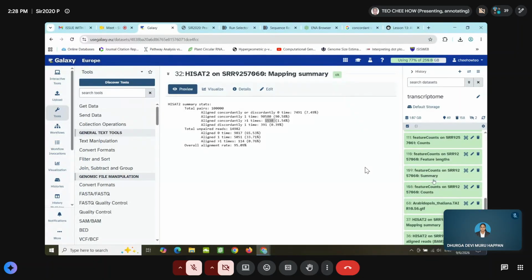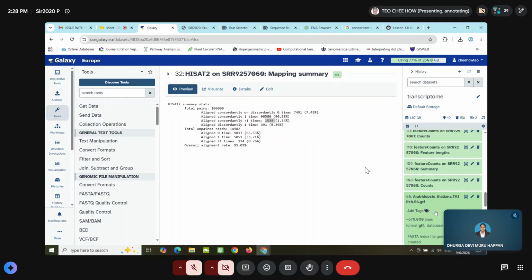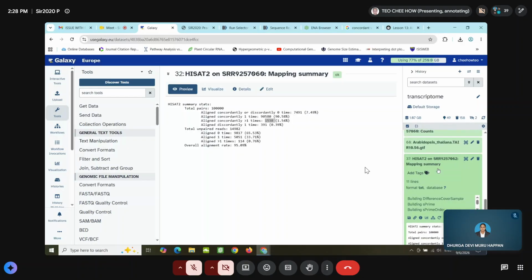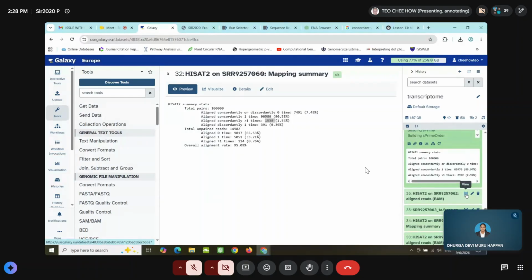Now we know that they are mapped and aligned in the BAM file here. So the next step is we want to count the features. Counting the features means counting the RNA-seq reads that map to particular features.